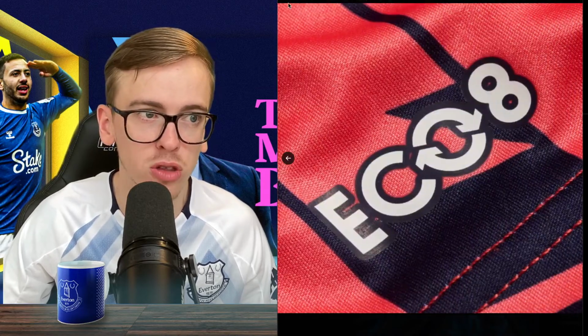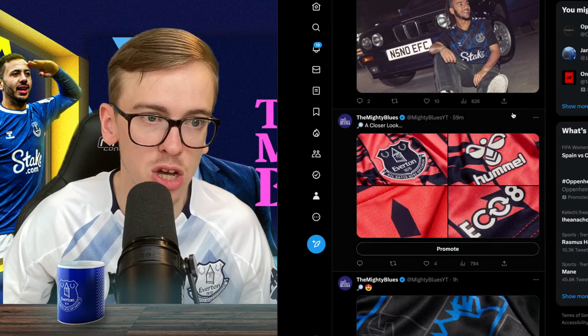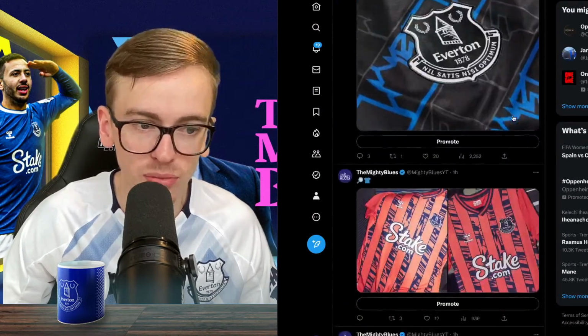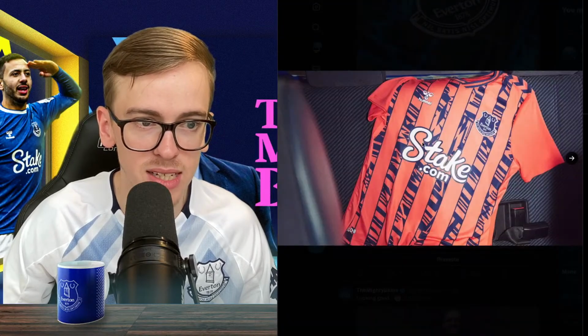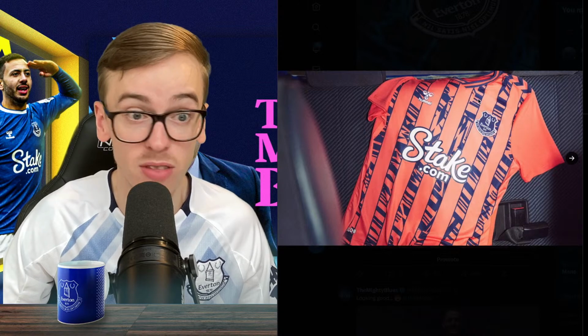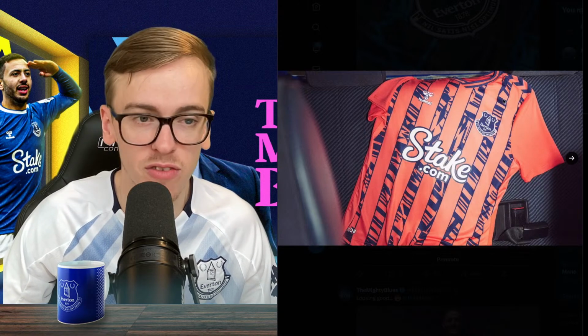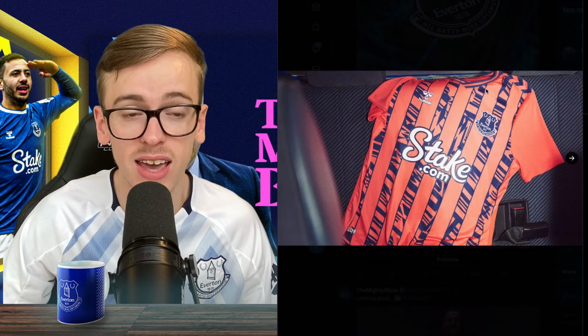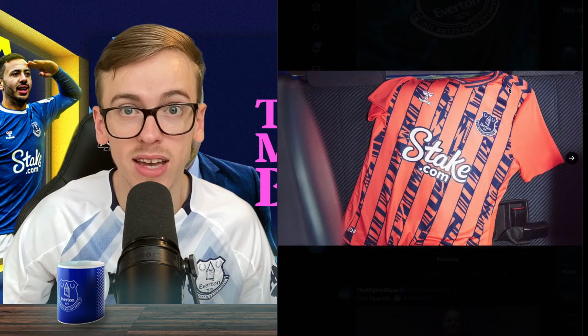I'm not quite sure what the story is as of yet, but I'm sure there's some story as to why the details down the middle of the shirt are the way they are. I'm sure they're not just a random pattern thrown in there. I actually really like the blue chevrons on the shoulder as well. So there you go. That is the new away kit for the